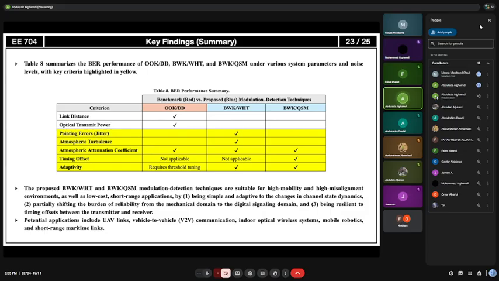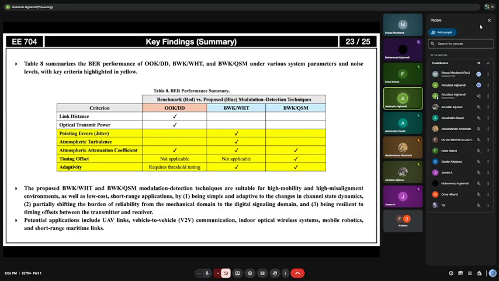As you can see in table 8, the AOK/DTT outperforms our proposed techniques in terms of link distance and optical transmit power. However, in terms of pointing error, jitter, atmospheric turbulence, timing offset, and adaptivity, our proposed technique outperformed the baseline